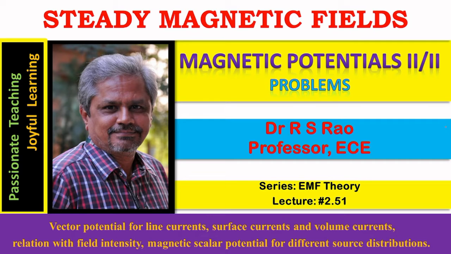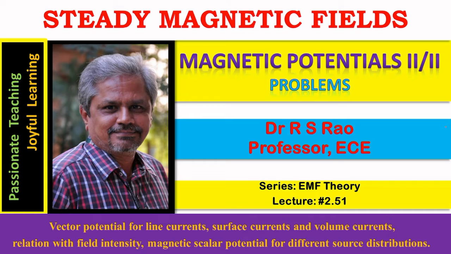Static magnetic fields, problems on magnetic potentials, series on electromagnetic field theory, lecture number 2.51. Static magnetic fields are associated with two types of potentials, vector potential and scalar potential. Magnetic vector potential is a purely mathematical quantity. It doesn't have any physical meaning, but it has certain applications, particularly in estimating field intensity when source distribution, current